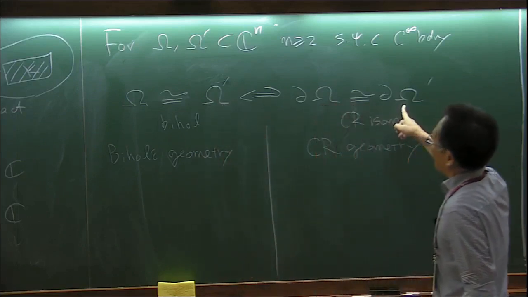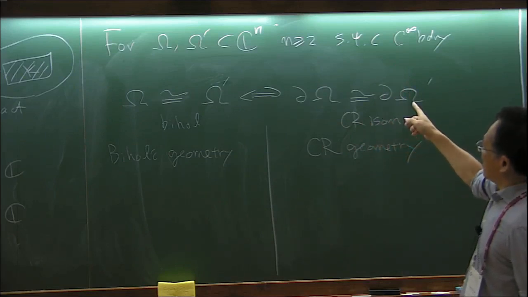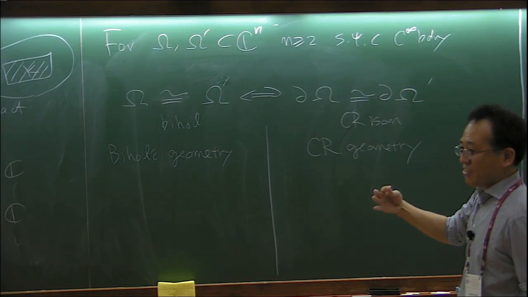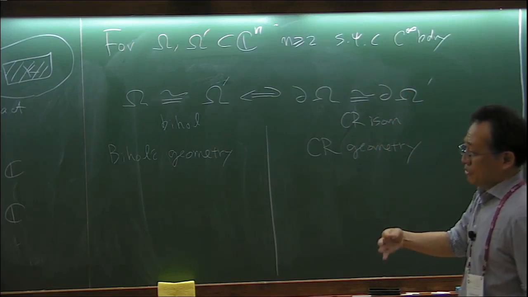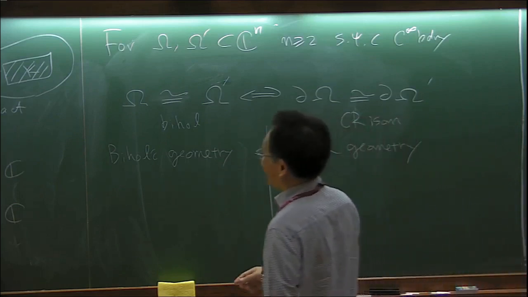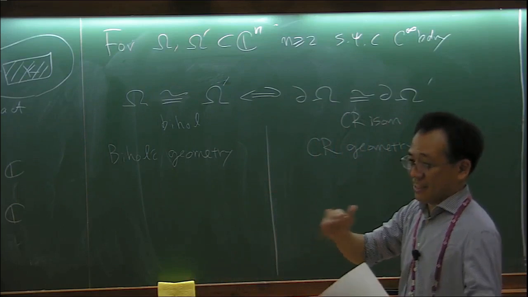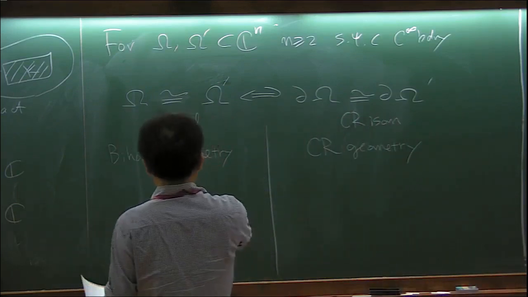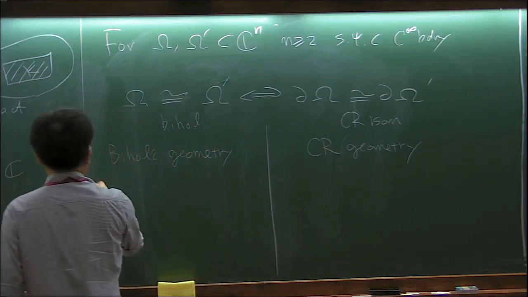But here, this is a compact manifold. There's no boundary. The boundary itself is compact, and there's no boundary of boundary. Of course, you can think of a boundary of boundary, but it's too complicated. There is some theory, hypersurface in CR manifold. That's another theory. Okay, it's not the topic of this talk. So in this case, how to construct